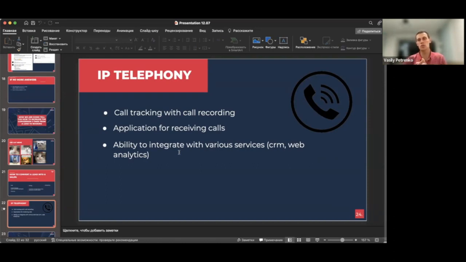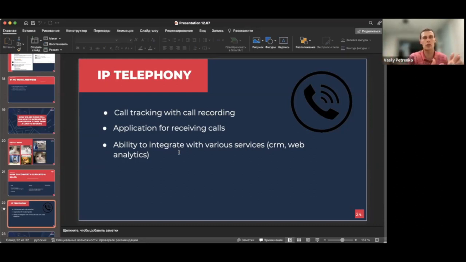How to control your game masters, your managers: don't use a simple phone number, use IP telephony, because in this case you can track all the calls. You can record all the calls, and once a week, I know that it's tough, but this is what improves your sales, sit and spend 1 hour, pick random 5 calls and listen to the calls of your managers. See if they are following the script, how they are talking to the potential client. In this case, you will get the info on how to improve.